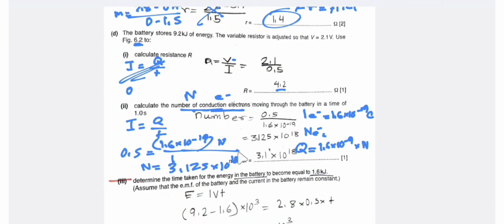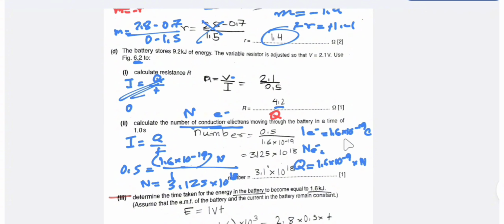We know that for 1 electron, the charge is 1.6 into 10 to the power minus 19 coulomb. We need to find the number of conduction electrons, n. So for n number of electrons, what is the charge? The charge is 1.6 into 10 to the power minus 19 coulomb into n. That is the overall charge for n number of electrons. By substituting the value, we calculate the value of n as 3.1 into 10 to the power 18